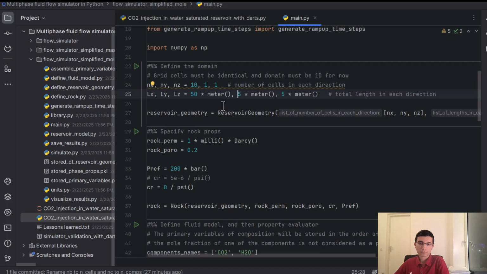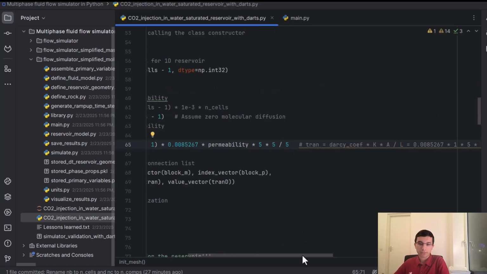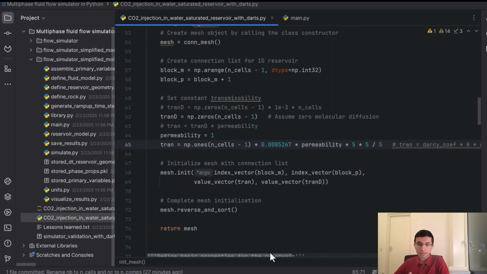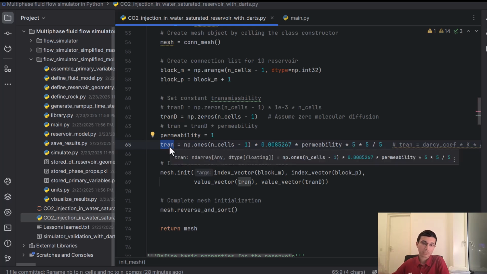All right. The length of the model is 50 meters, and the total number of cells is 10. So each cell is 5 meters, and the distance between the centroids of neighboring cells is also 5 meters, and that's why we have written 5 as the denominator of this fraction. So here we evaluated the value of transmissibility, and transmissibility is evaluated only at connections, and because of that,